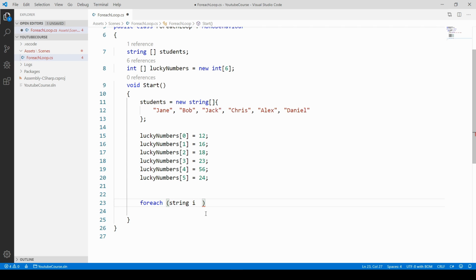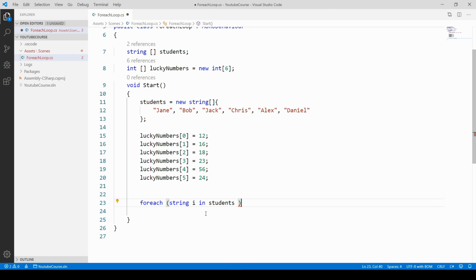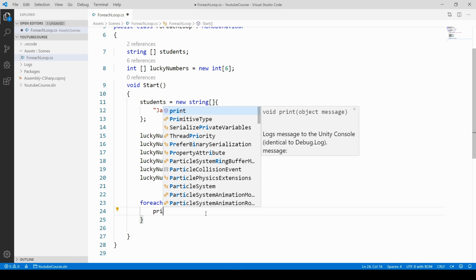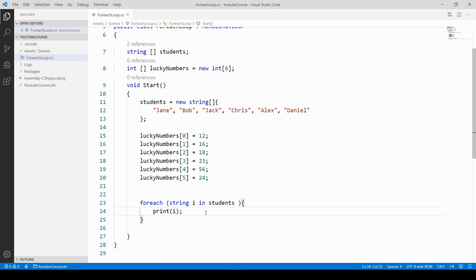And now we have to specify where those elements are. So they are in students. So just type in students. And now we have to open the curly brackets and specify what we want to do with those names. So for now, we want to display them in the console. So just say print, and now we want to print those i's,